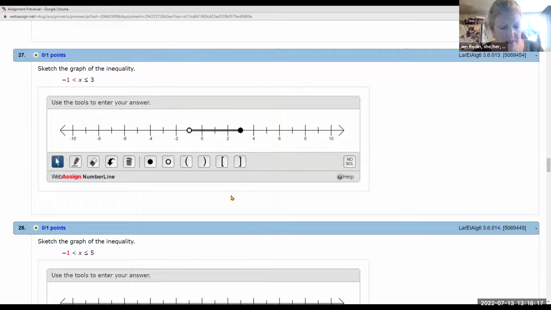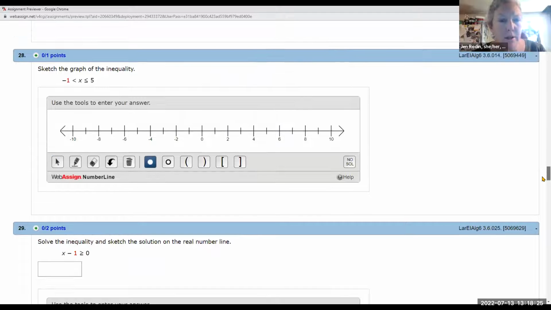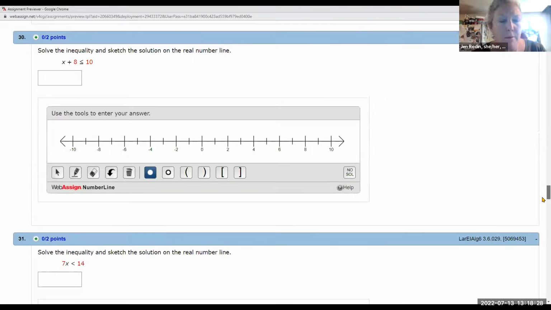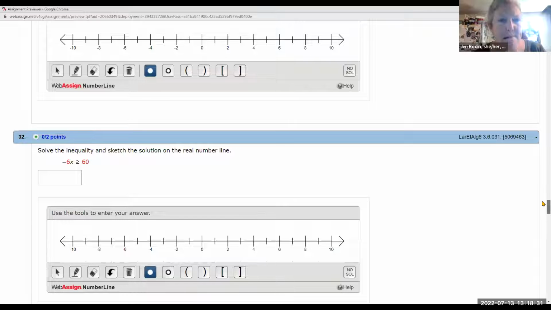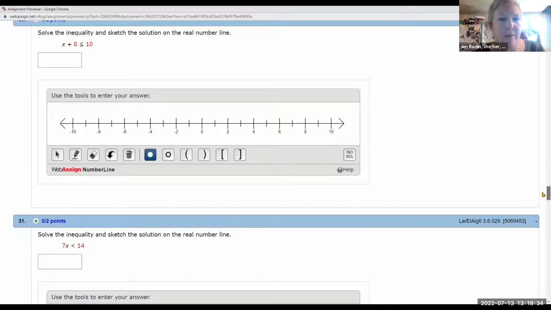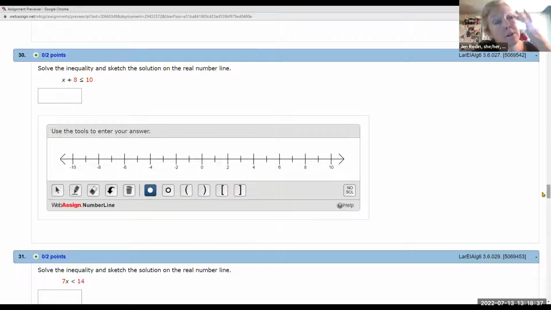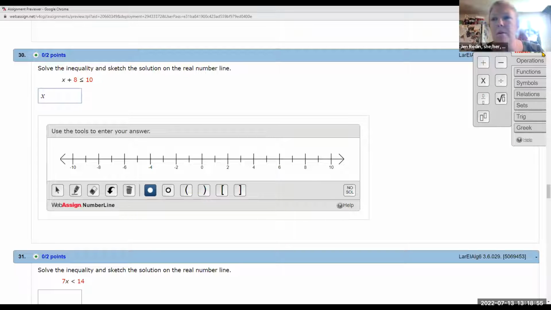We get to some more fancy ones that need a little bit of algebra work, and that's what I'll show on the whiteboard. We could do a pretty simple one though. How about that one? I'll show on the whiteboard the steps to do these with the algebra. But here's one that we could probably do without writing it down. x plus 8 is less than or equal to 10. So if we want to get x alone, it's going to be x is less than or equal to,